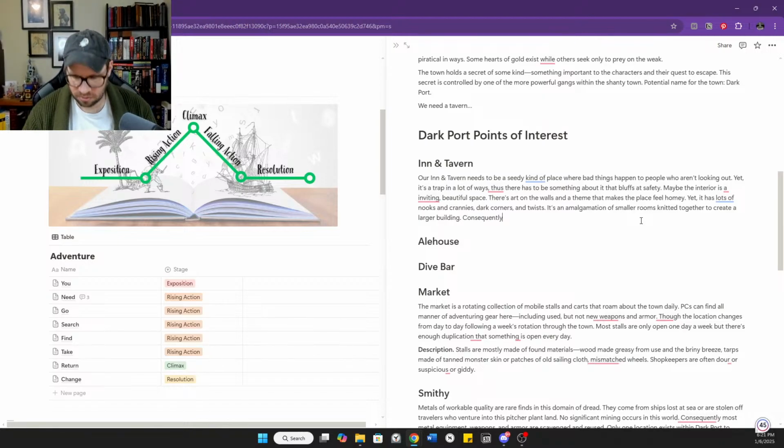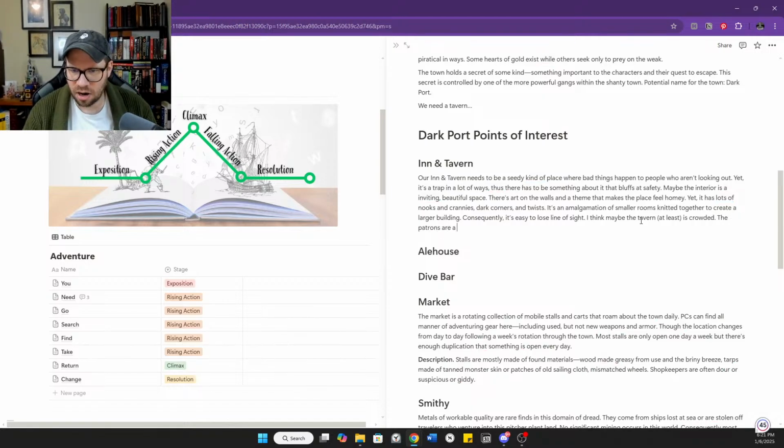Consequently, it's easy to lose line of sight. I think maybe the tavern, we'll say at least, is crowded.